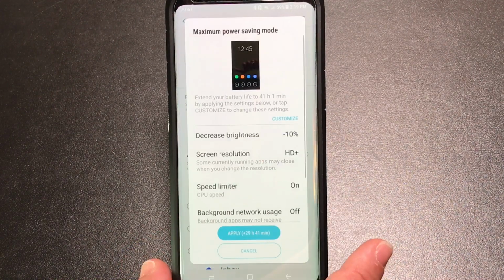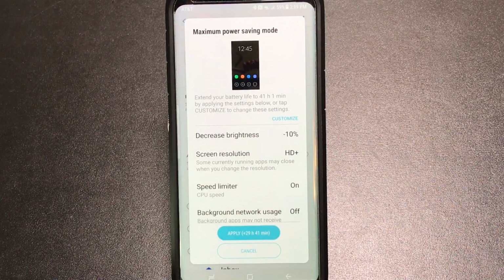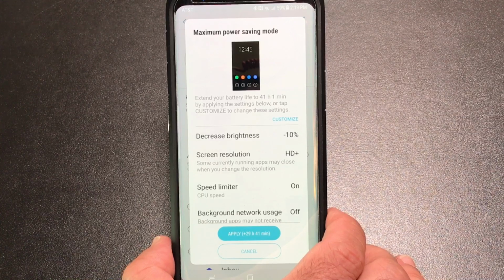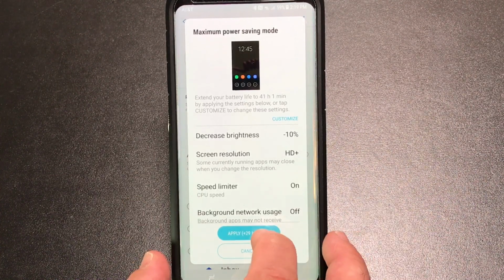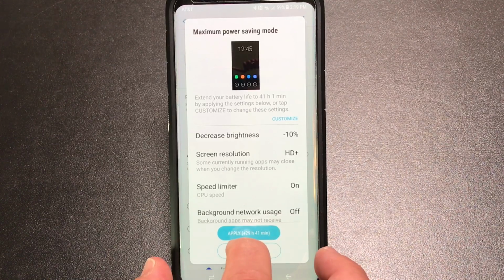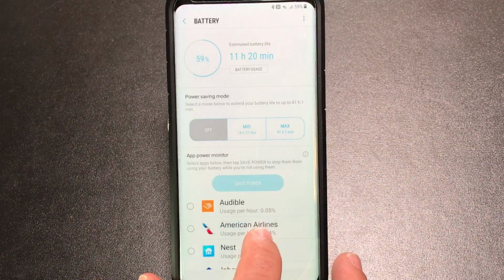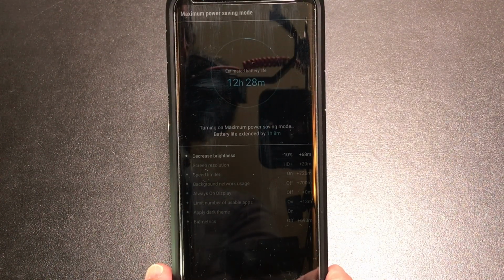Now, you could go max. Now, max is crazy, but max is going to give you 41 hours of battery life. So this is good if you really aren't going to be using your phone and you just want basic functionality. Once you choose it, and I'm gonna apply it now, you're going to see it's going to add 29 hours to my phone, but it's going to turn your phone into a basic phone. So I'm going to say apply, and it's going to go through the process and apply that setting, and it's